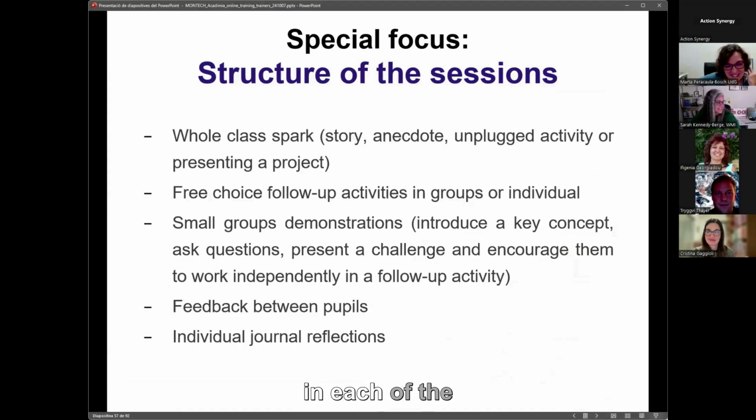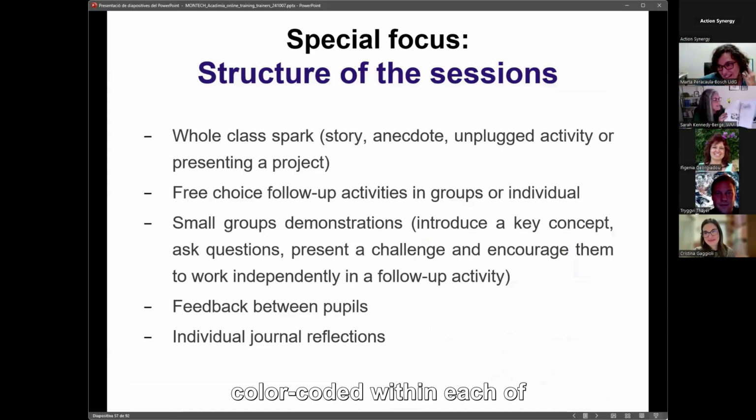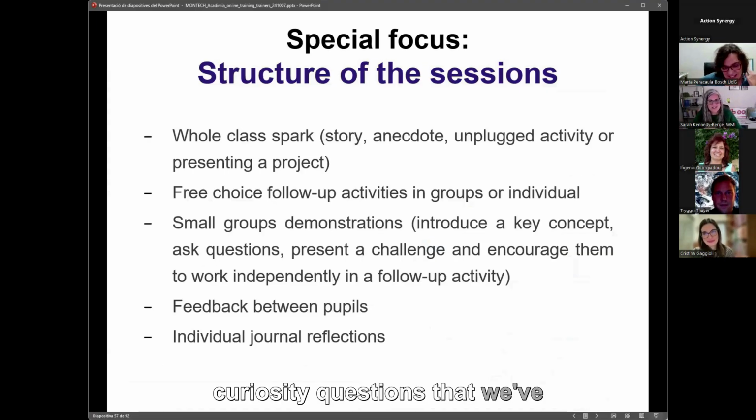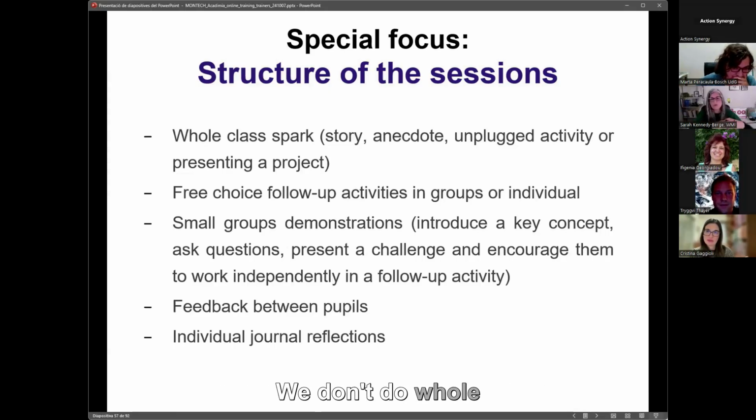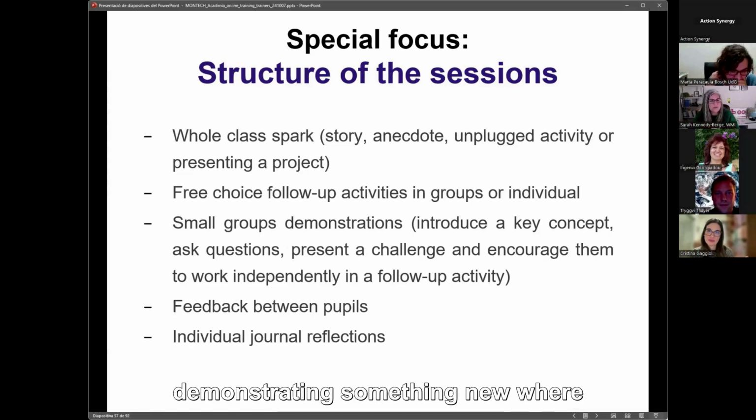So we always in each of the sections, these are a little color coded within each of the activities. And the first, the start, the inspiration. How can we capture the attention and start the inner motivation, so that we start those curiosity questions that we've talked about. Either whether it's a story or an anecdote or something that will capture their imagination to spark it. And then in a Montessori classroom, we're doing small presentations. We don't do whole class, very, very rarely do we do a whole class presentation or lesson. So we'll do small activity lessons with small groups and demonstrating something new, where they then can go and test it out and try out new things